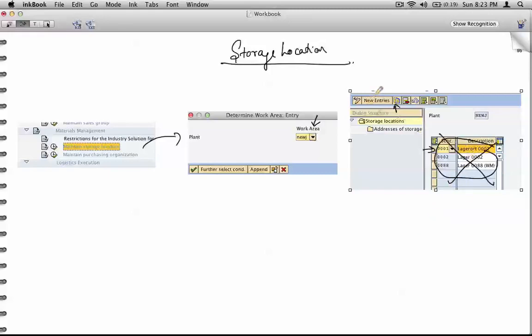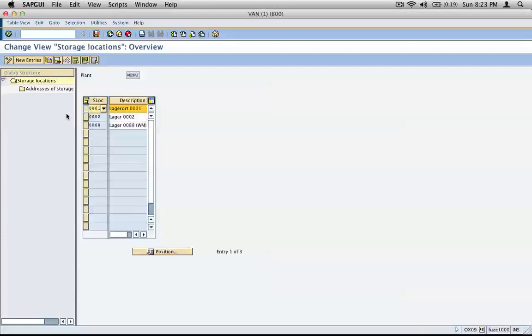Okay, select all of them and click on this button to delete. Most of the cases that's what you'll be doing, because you don't require those standard storage locations. You might want to create your own storage location like so. Okay, then click on new entries. What is the storage location that we want to create? The one that we want to create under the New Jersey plant is, let's say, in New Jersey, in Jersey City,